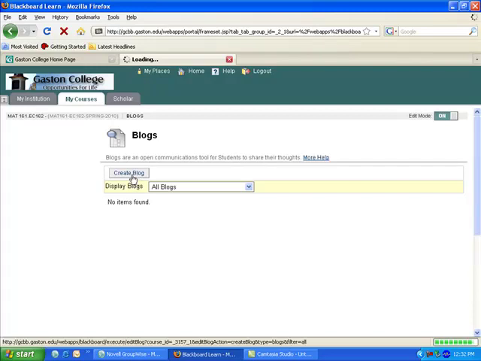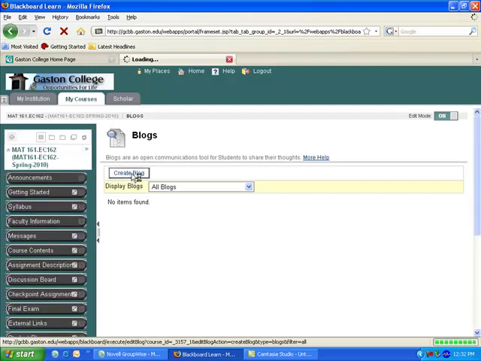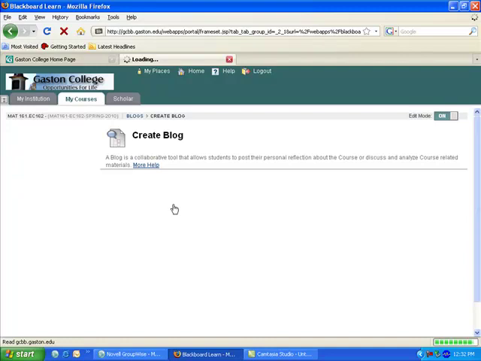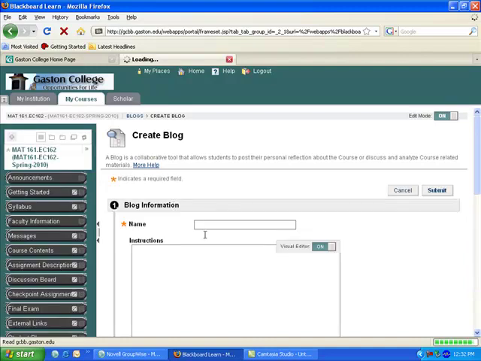You will go in here and create blog. So you'll click the create blog button. You're going to want to type in all your names. I would put them in last name first and then first name so that they stay in alphabetical order. It's a lot easier to check them off when you do that. So just type in the name. So for instance, if I was doing one for me, I'd type Broom